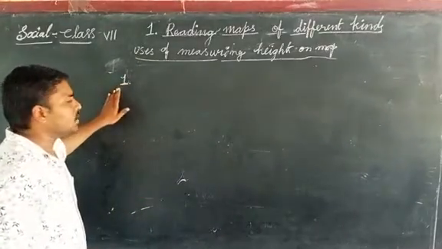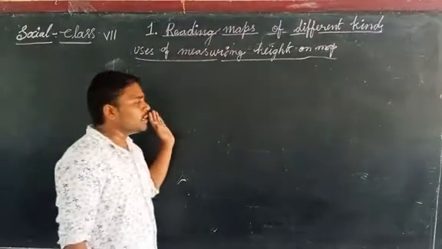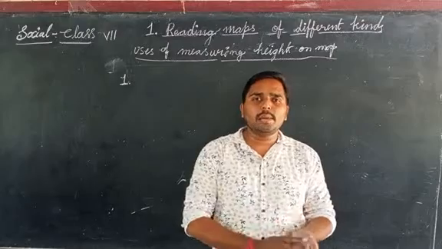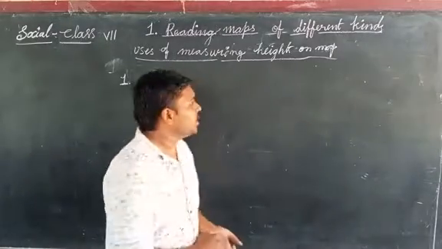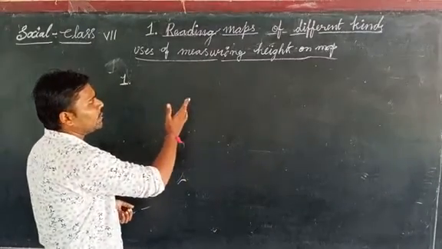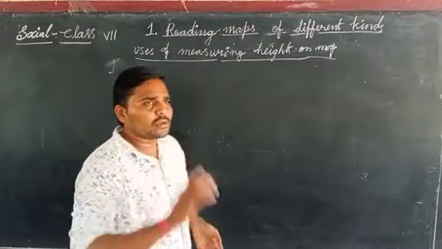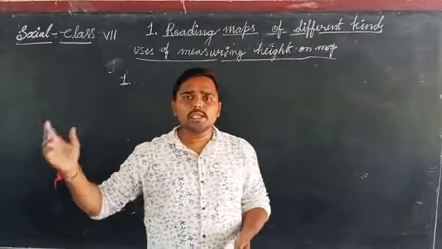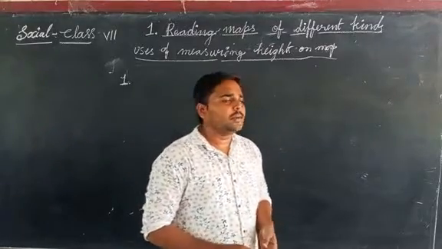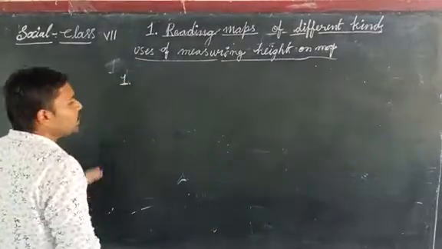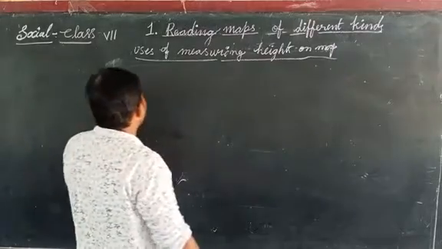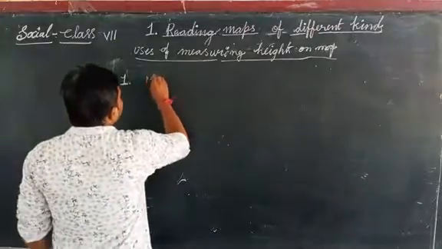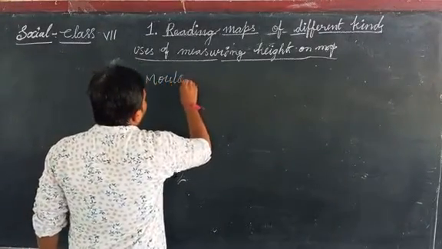Suppose you want to locate a mountain on the map. We should not go to that particular mountain and measure it. Without such activities, we can observe the heights of different types of mountains